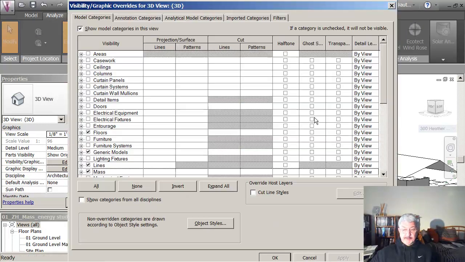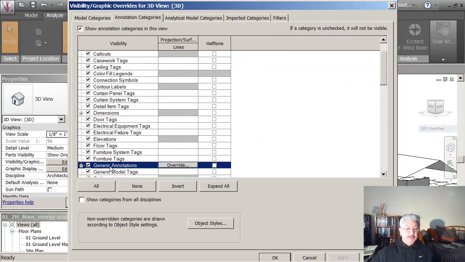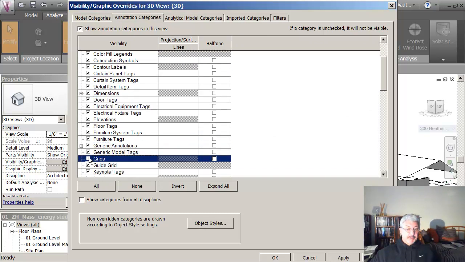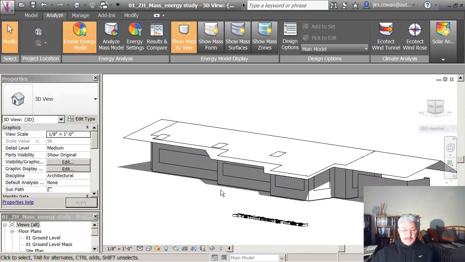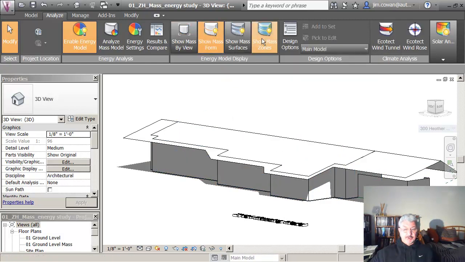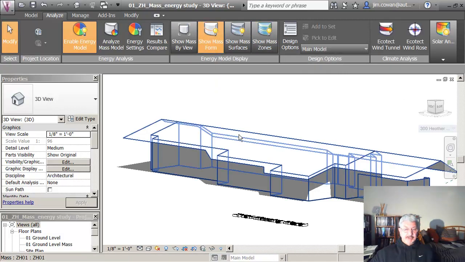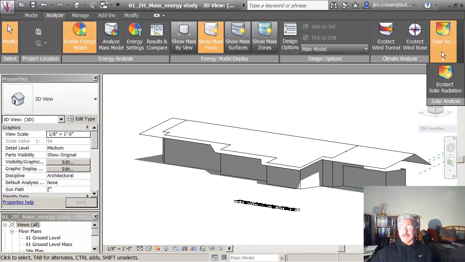Okay, before I go any further, let me just go VG, annotation, look for grid lines, and turn those off. And also, what I'm looking at the moment is the surface model, but I can show the mass form, I can show mass zones. And what I want to do is I'm just going to look at the mass form and look at the next option up here, which is that I can look at the solar